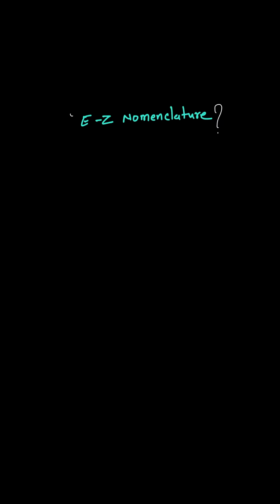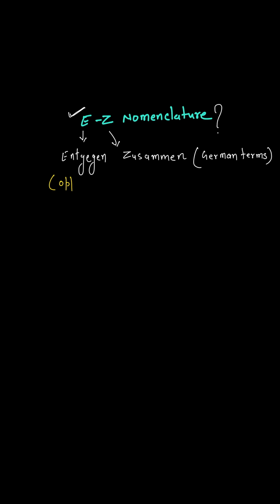So today we have the concept of E and Z nomenclature, which is very useful in geometrical and optical isomers and equally valid for JEE and NEET aspirants. E stands for Entgegen, which means opposite side, and Z stands for Zusammen, which is considered the same side. These are German terms. So I'll write here, this is the opposite side, which you can understand like trans, and this is the same side.